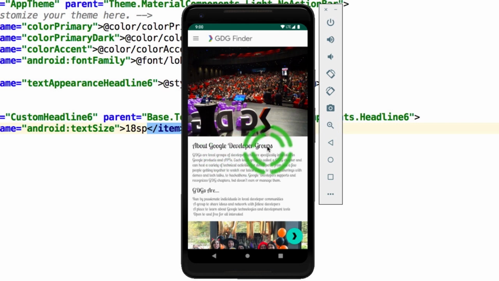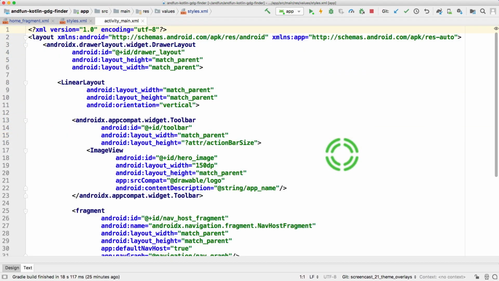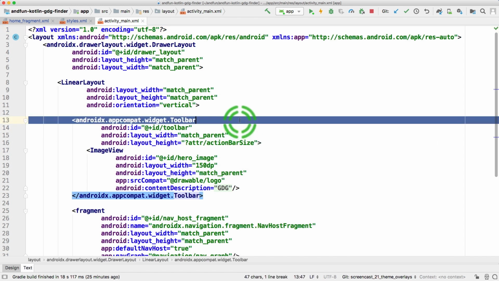So what if we wanted to change the toolbar, that's the thing at the top of the screen, to be dark using the Material Components theme? Well, it turns out the Material Components doesn't ship with an option for a dark toolbar on a light screen, but we can use theme overlays to change the theme for just the toolbar. Open up activity_main.xml and you'll find where the toolbar is defined. We didn't use the toolbar in previous lessons because it's part of Material Design, but it allows more customization than the app bar that activities have by default.